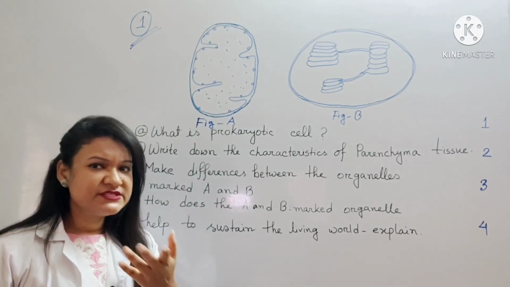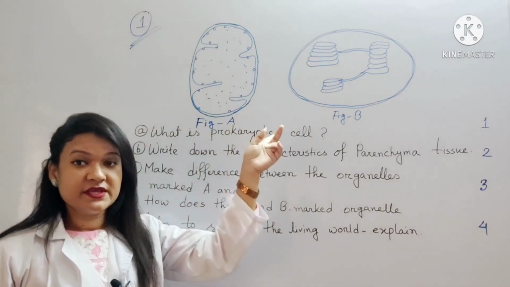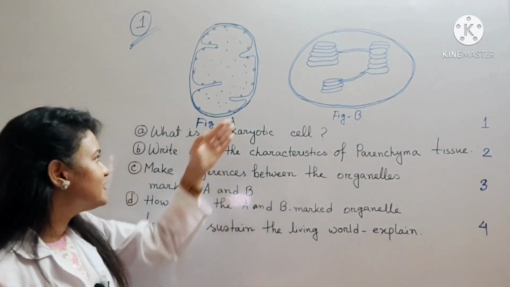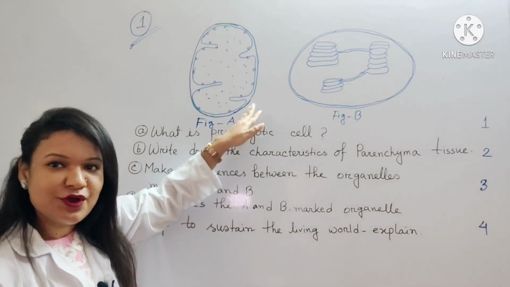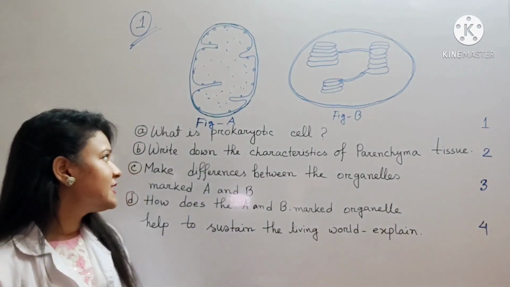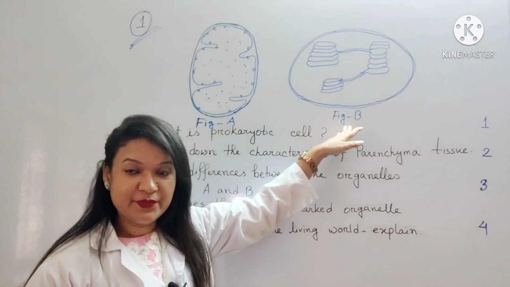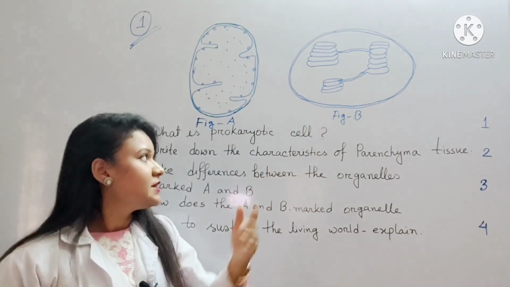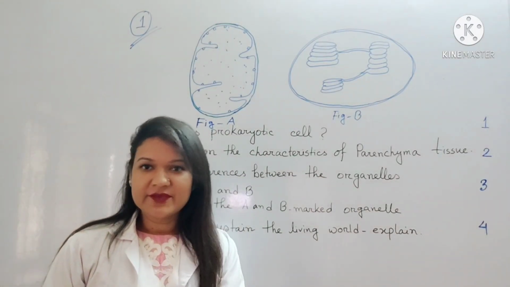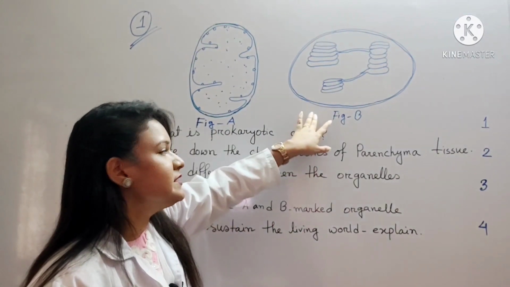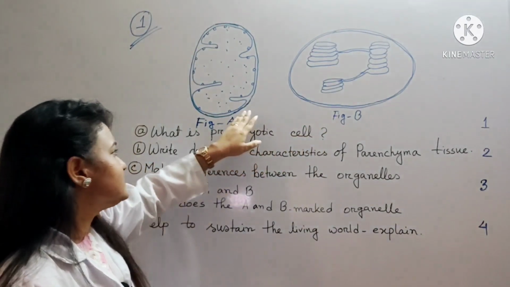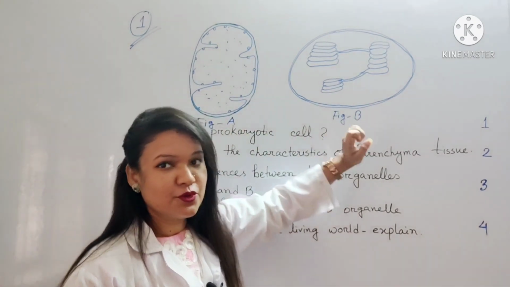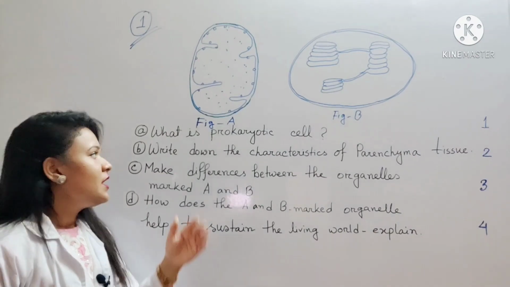So dear students, please tell me, what is figure A? What do you think? What is figure A? Okay, I hope you understand. Figure A is the most common mitochondria. Okay, then I will go to figure B. What do you think? What is figure B? Yeah, okay. I hope you understand that figure B is chloroplast. So this is our stem. Figure A is mitochondria and figure B is chloroplast. Then I will go to our question.